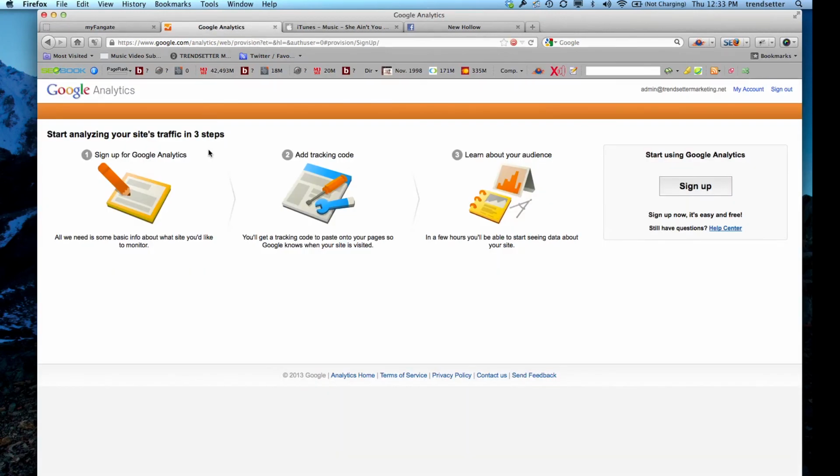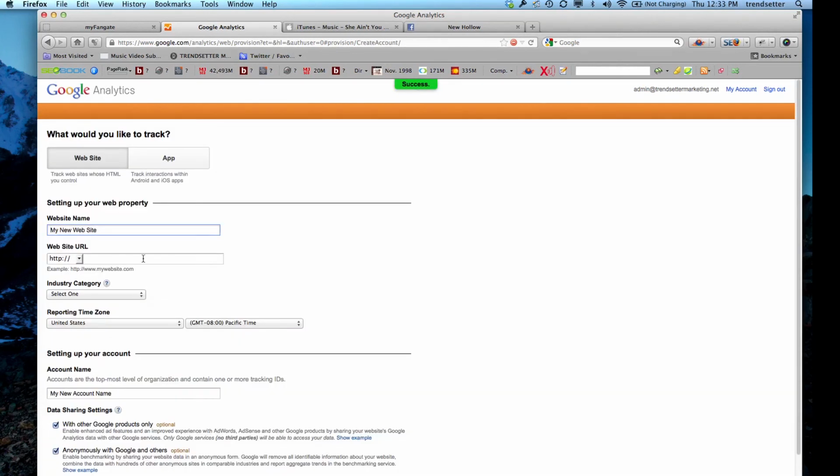So anyway, I'm going to go into Google Analytics and sign into your Gmail account. Just Google search Analytics, and it's going to take you to this page if you haven't already set up an account. If you have an account already set up, we'll show you that as well. So we're going to click on sign up, and it's going to ask for the web page information. For this, we're going to just call it New Hollow. For the site URL, just go in there,